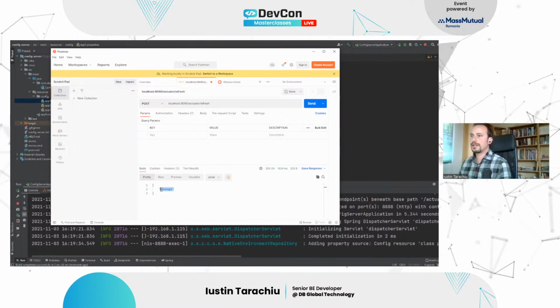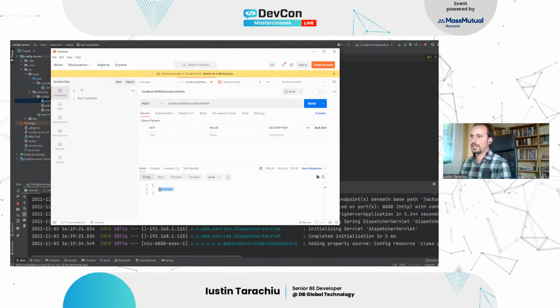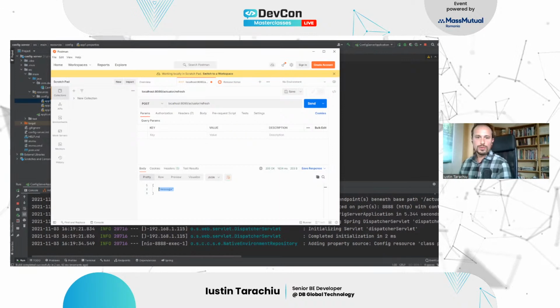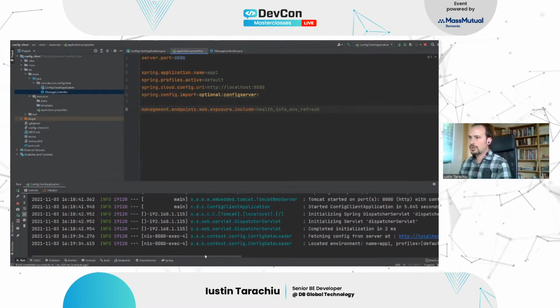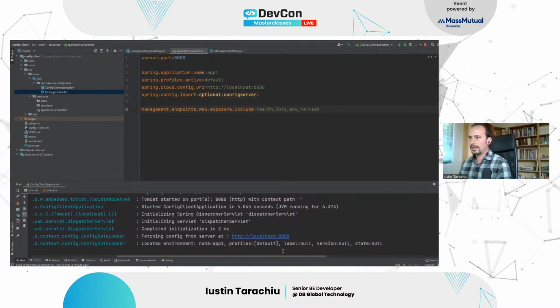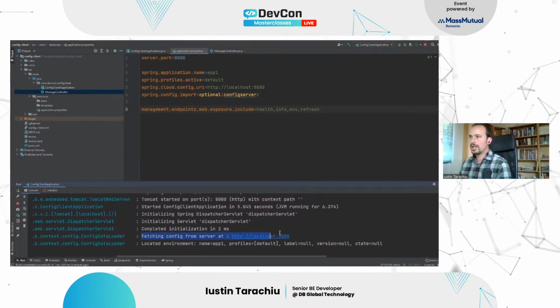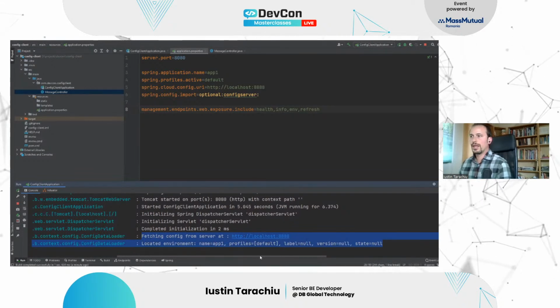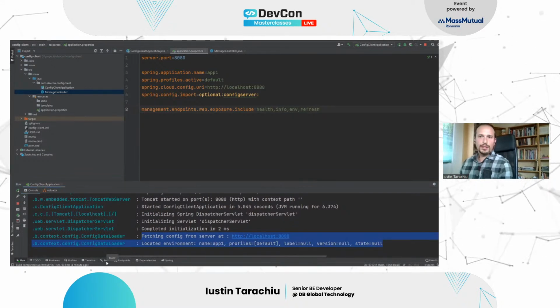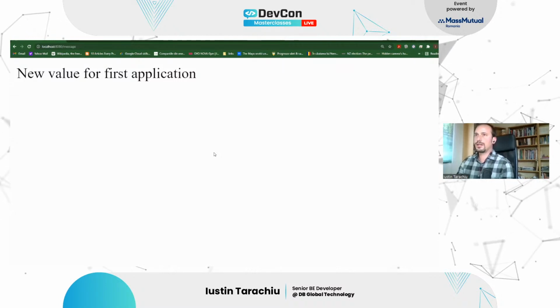And it shows us that the property message has been changed. If we look into config client, it will actually even tell us that it is going to fetch the new values from the config server. And if we just refresh this here,